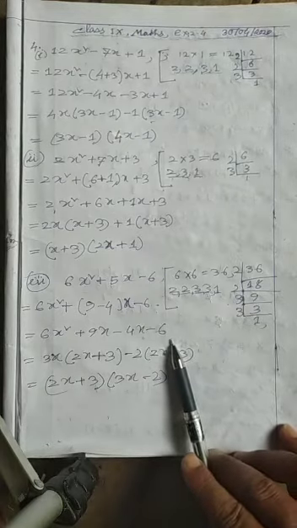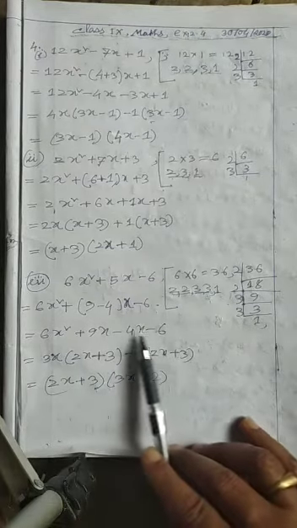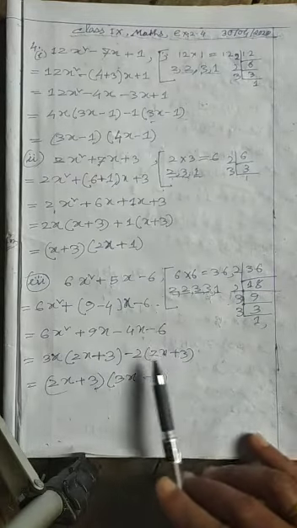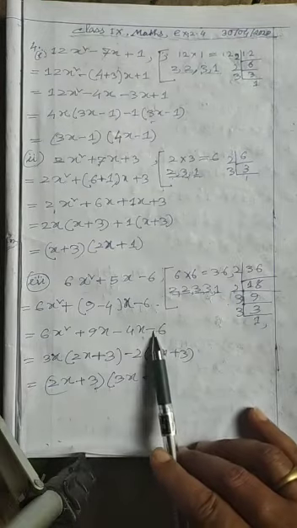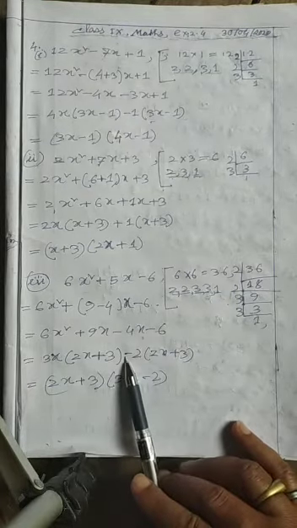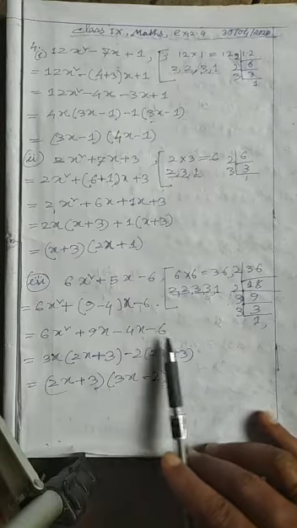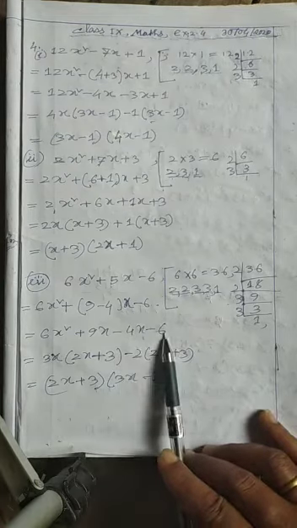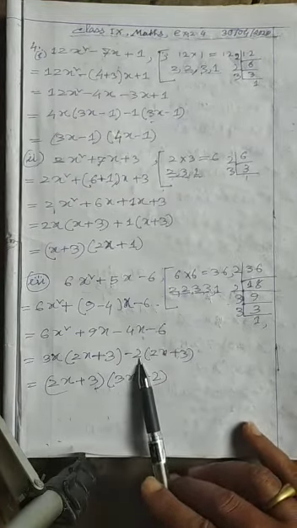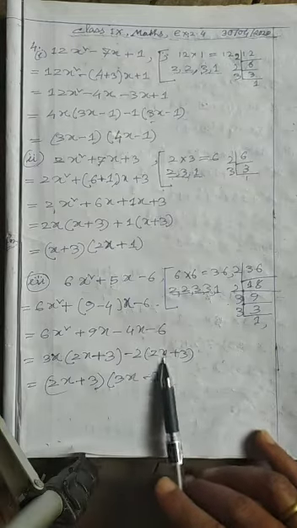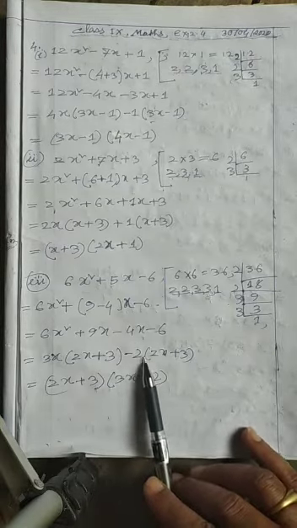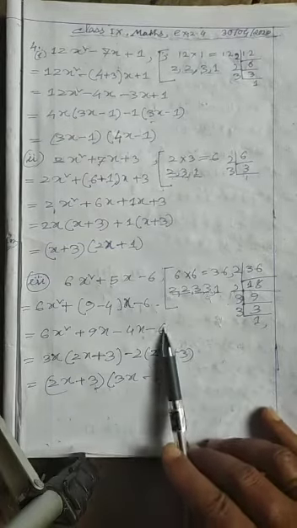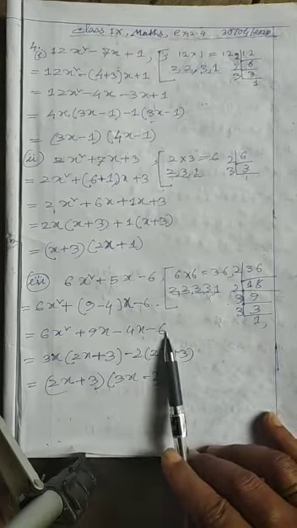From these two terms, what can you take common? Minus 2. When you take common minus 2, it will be twice x plus 3. Why minus 2? Here a minus sign is there, here also a minus sign is there, so easily we can take common the minus sign. 4 means 2 into 2, 6 means 2 into 3. So minus 2 is in both terms, so we can take minus 2 common. The remaining will be twice x plus 3. If you multiply again, minus 2 into 2x is minus 4x, and minus 2 into 3 is minus 6. So we will get the same expression again.